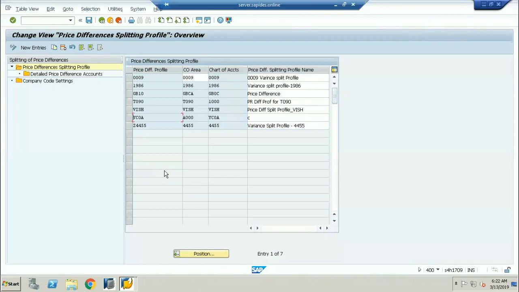Definitely, every business, every company is different, and they have their own business process. The only thing we need to know is whether we have the flexibility to make some changes according to the client in this particular process. That's all.